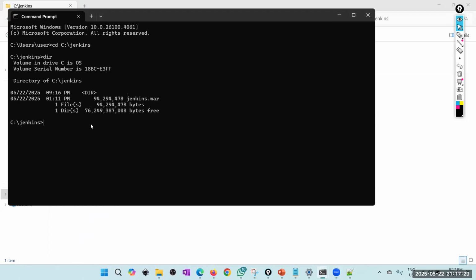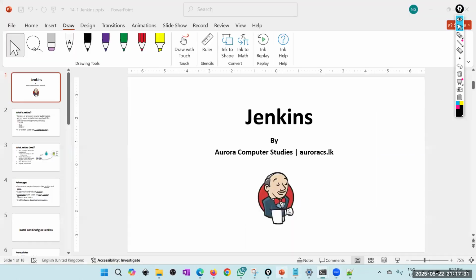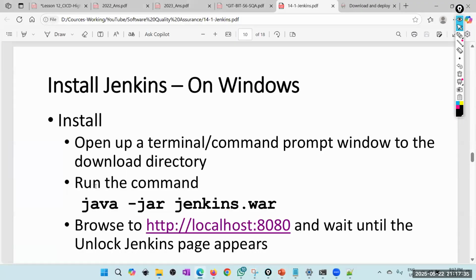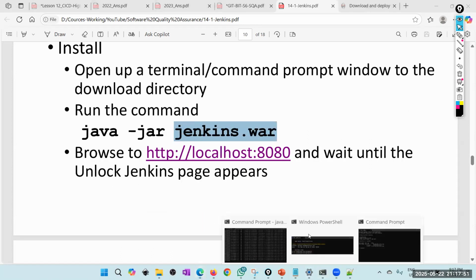Now you run this particular command. What is that command? So that is how you run your jar files. That is java -jar jenkins.war. That is your downloaded file. Make sure that that file is in your folder where you have the command prompt. Okay, so just run it. So when you run it, you will get,